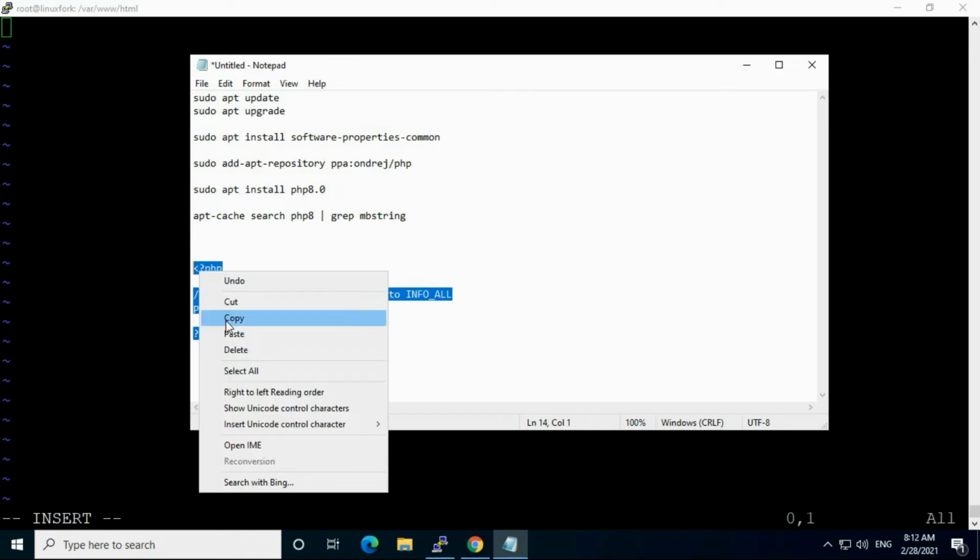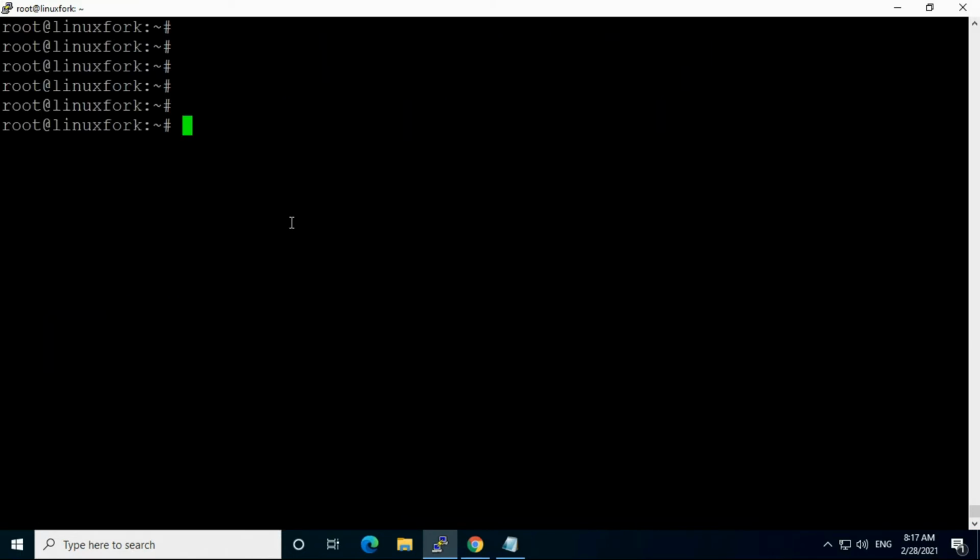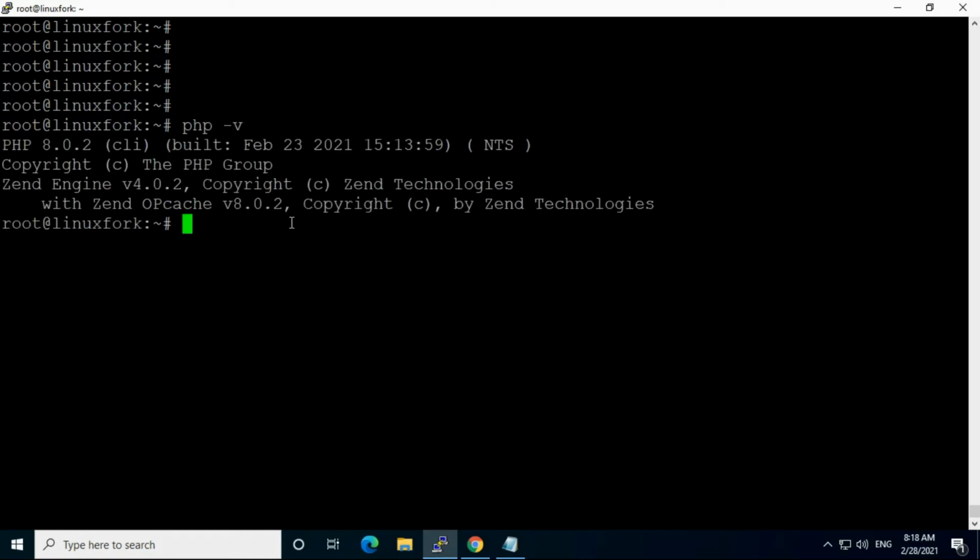So it's going to display the default PHP page. Okay, friends, as of now we know that PHP 8 installation is completed. We can check the version using the php -v command. I have already created one PHP default info page, so let's check whether that default page is coming or not.